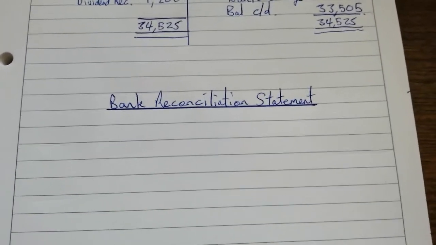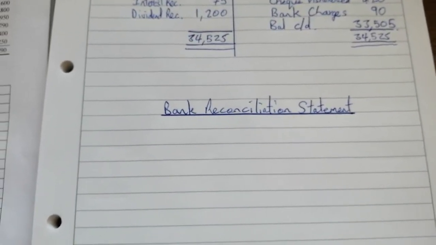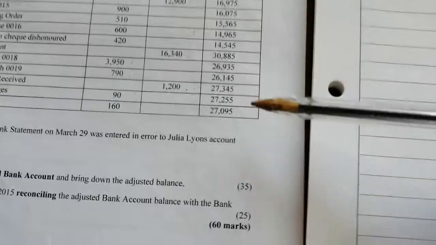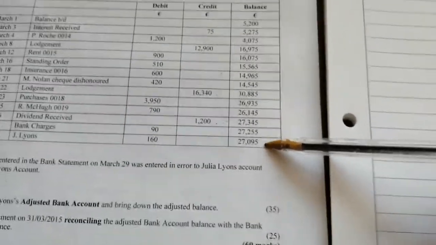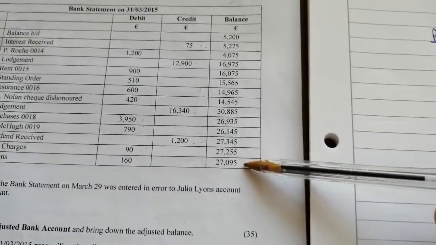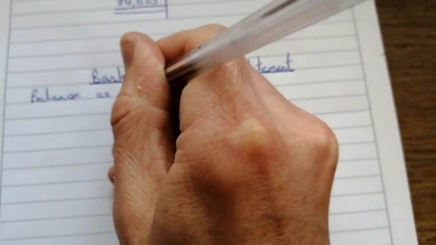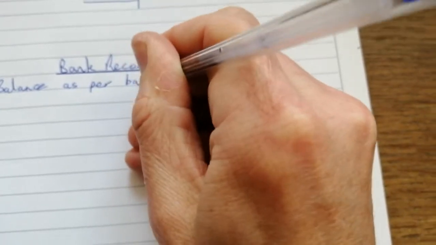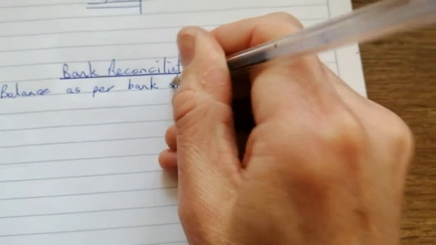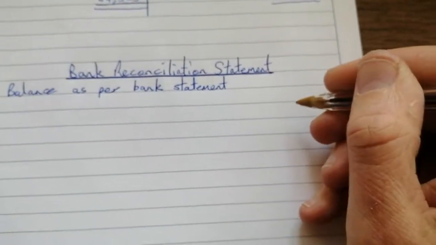With this one, what I like to do is to take the very last balance at the end of the bank statement and start with that, and we call that balance as per bank statement. So here we have balance as per bank statement, and that was